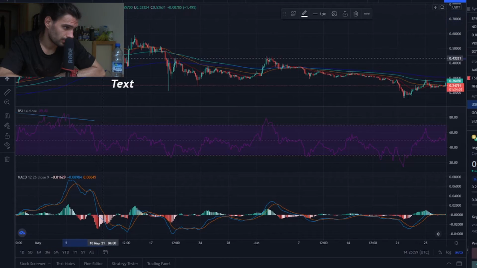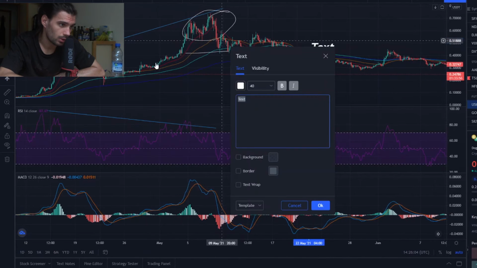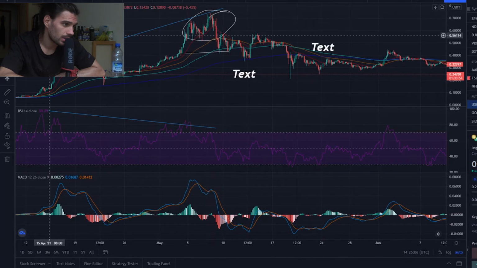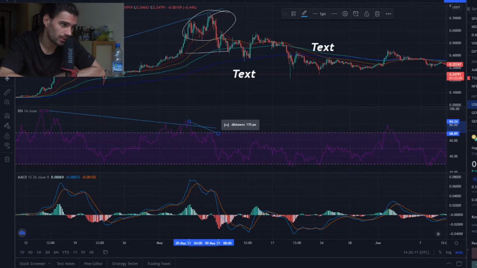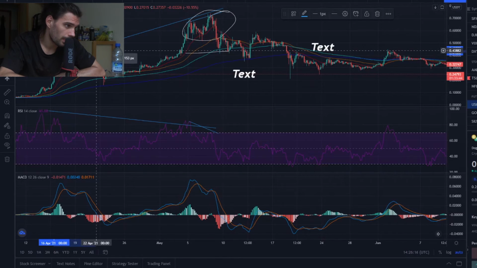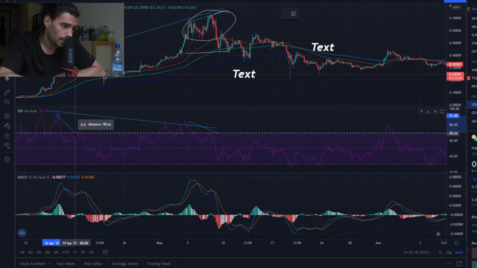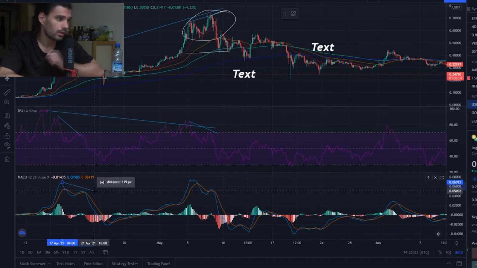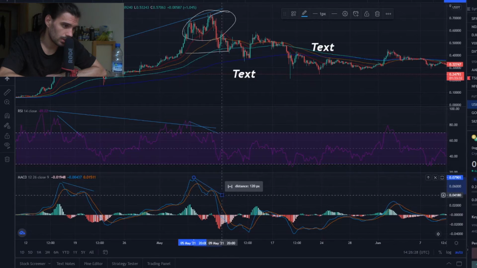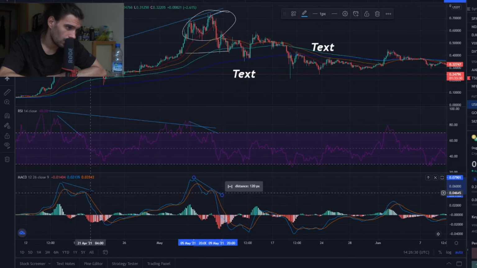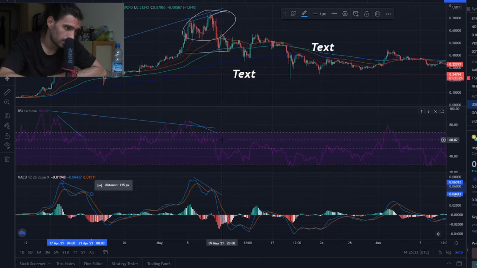Now if we take a look at the marked area as well, we can here see a divergence as well in the smaller time frame, which is something that happens most of the times. Here is one as well. Actually, sometimes the divergence even happens on the MACD, which is even a better confirmation, which means if you now see the divergence on the smaller time frame on both the RSI and the MACD,